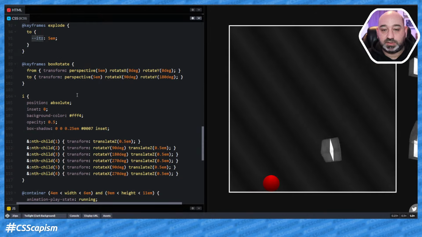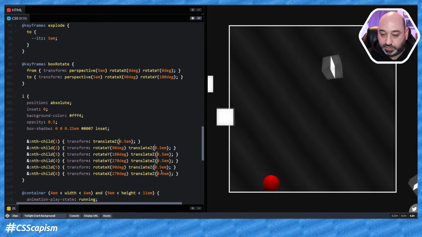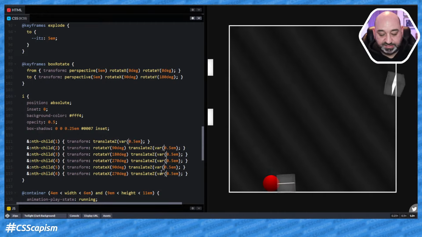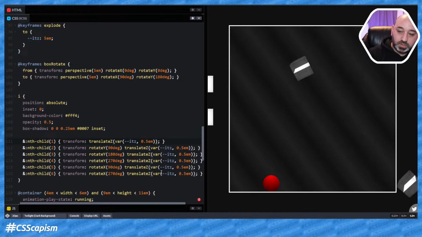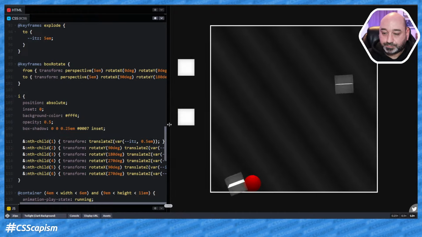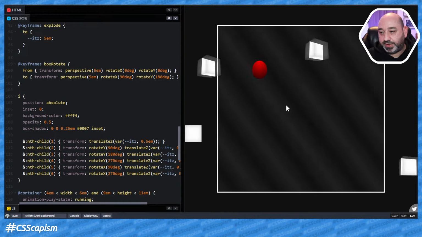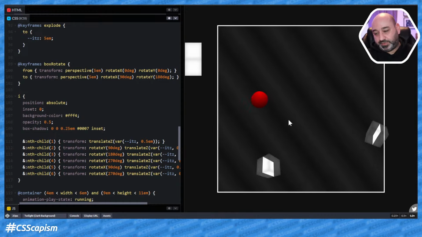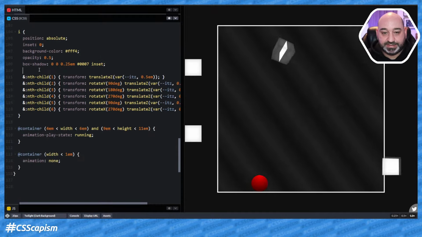Okay, so now I can set these variables for each one of those. Instead of 0.5, I can say var of ITZ or 0.5. Okay, so now when it's like this, it's okay, but when I hit one of them, it explodes, obviously. So now I just need to add a